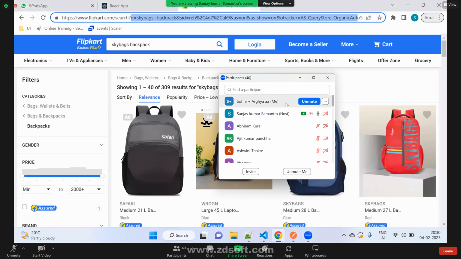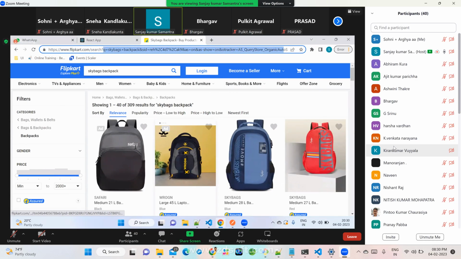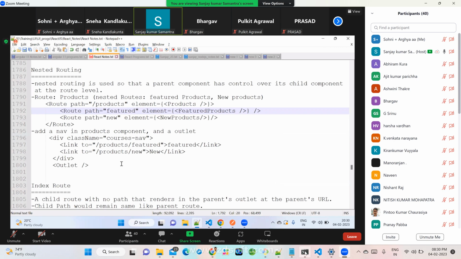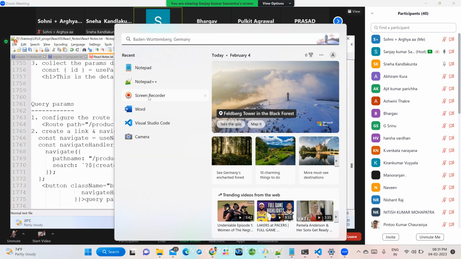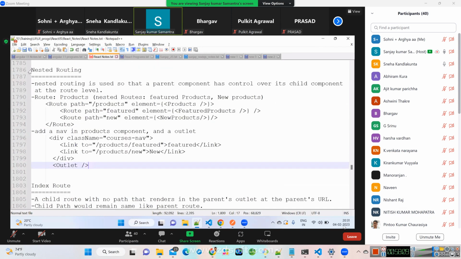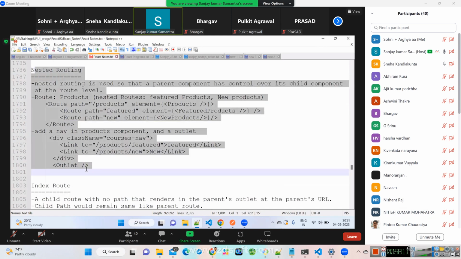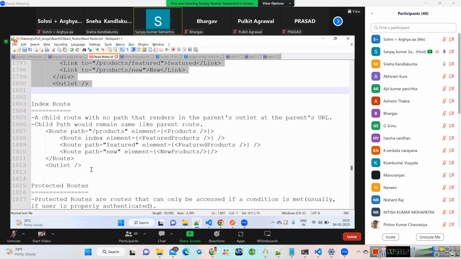I think we should stop here. Otherwise, it will be very difficult to practice. Please practice these two things, path param and query param. In the next session, we will understand what is nested routing. We have index route, how to